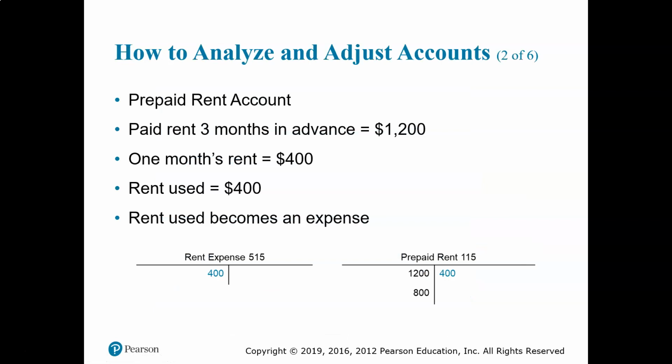Okay, so how do we analyze and adjust accounts? So number 2, prepaid rent. So we had prepaid rent 3 months in advance, $1,200. So on our balance sheet, we would have had prepaid rent of $1,200. Well, now 1 month has passed. So we have to recognize what amount of rent has been used up, $400. So rent becomes an expense. So we are debiting rent expense, $400, and crediting prepaid rent, $400,